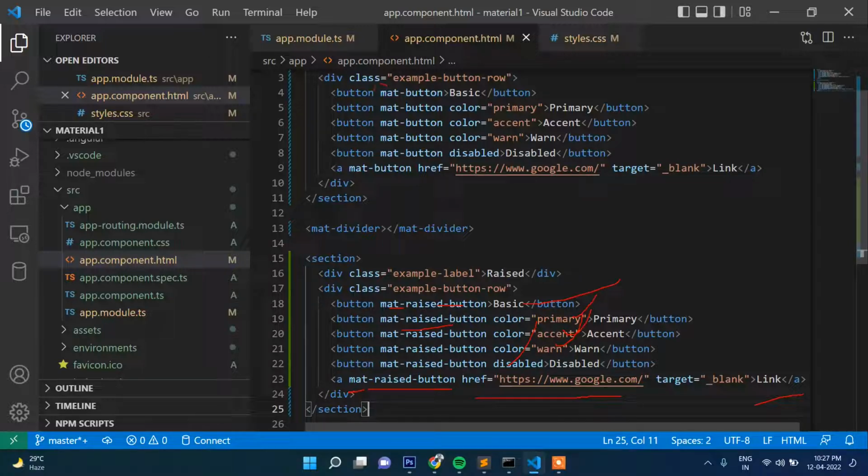The class name is mat-button in the first case, and if you want to apply color, then in that case you just need to write the color name here. And if you want to use the raised button, then mat, and one extra word you need to put here in the middle, and that is raised, then button, and the color scheme will be the same. And now